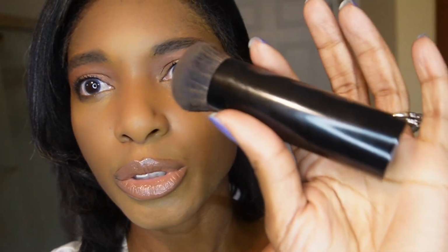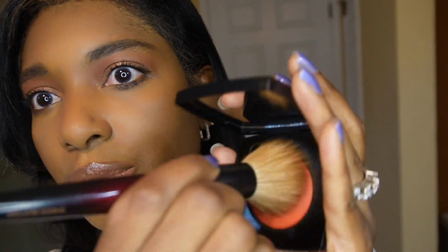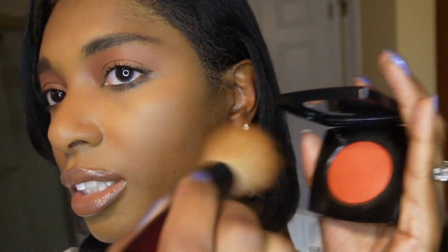All right, so I'm gonna apply this Chanel blush with you on camera, the cream to powder in the shade Rouge Franc. Now, I have been using this several times, but this is the first time I'm doing it on camera. I have been using it with the Sonergy Sheer Buffer, and I'm gonna do that. But on the other cheek, I'm also gonna use another denser brush from Say that's great for cream brushes, just to see the difference in application. So let's go with this one, which I've been enjoying using the